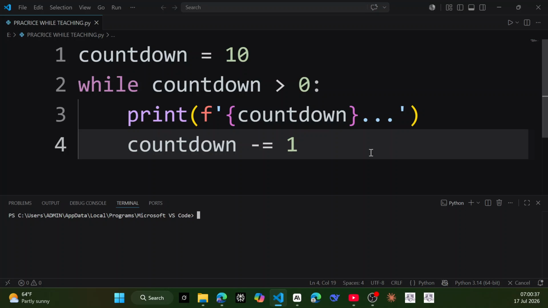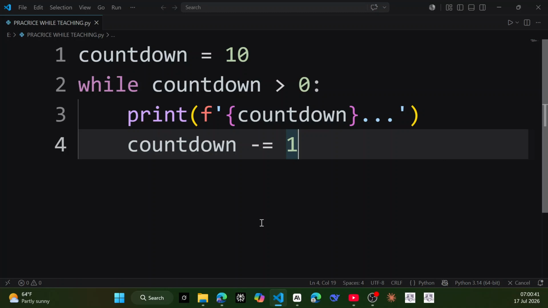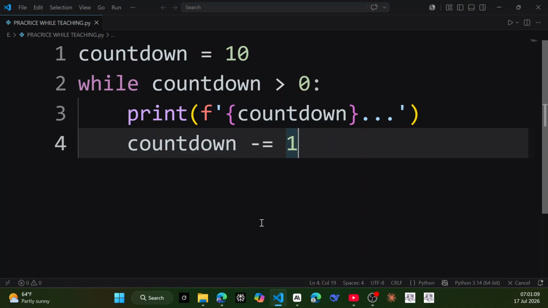So what you need to note on the while loop, the while loop will always run until the condition becomes false. And we don't know the number of times the while loop runs until we set something that is going to make it false by updating it in every run. So the update part and the counter part are always necessary for the condition to not fall into an infinite